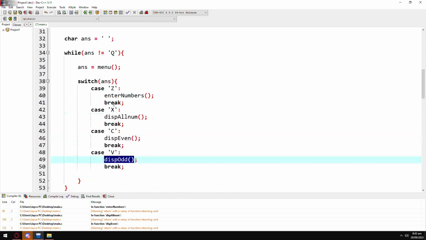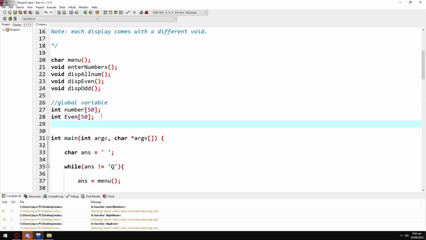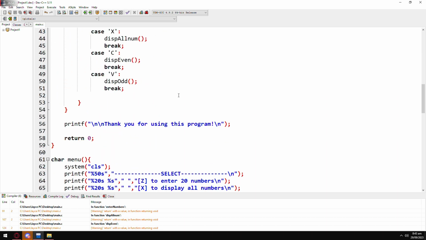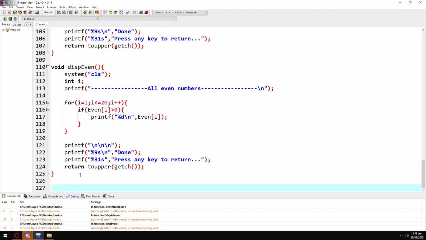Copy, void, semicolon, and create a new array variable called odd. Copy and paste this one again underneath this even, void